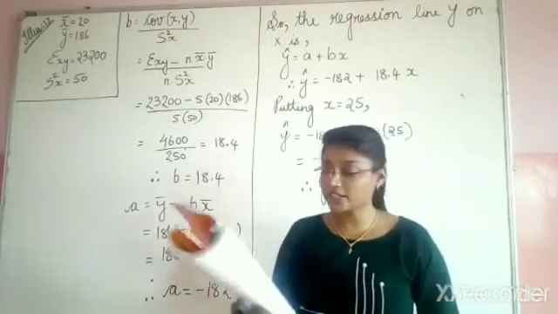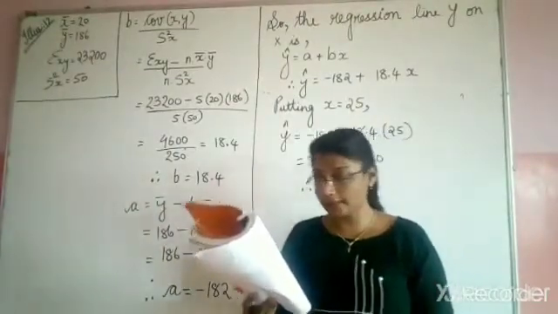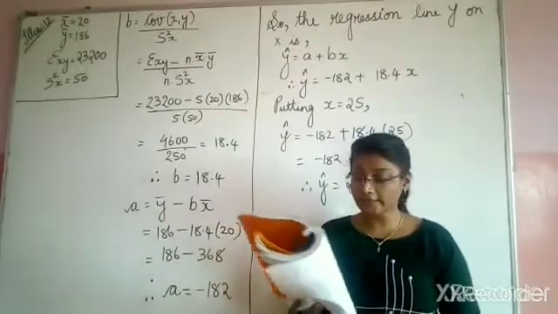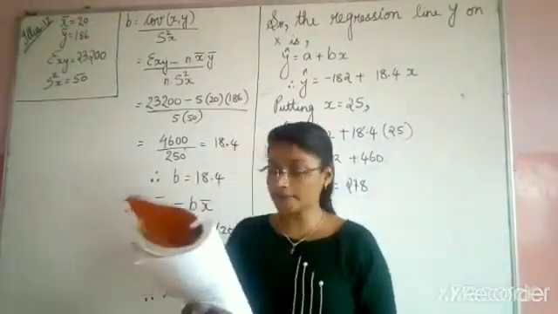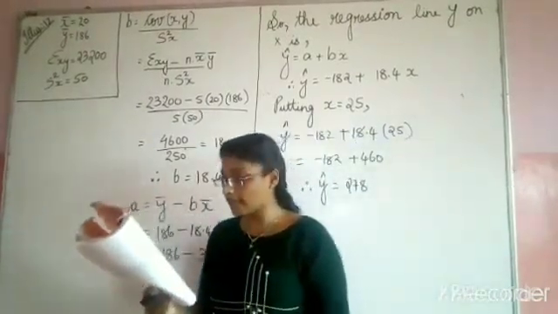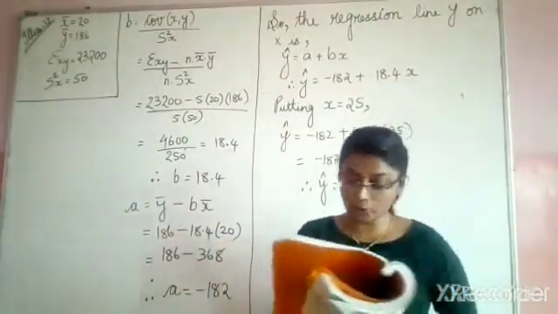Now the question says the electricity is generated by windmill manufactured by a company. The following information is obtained by recording 5 observations regarding the velocity of wind and generation of electricity by a unit of